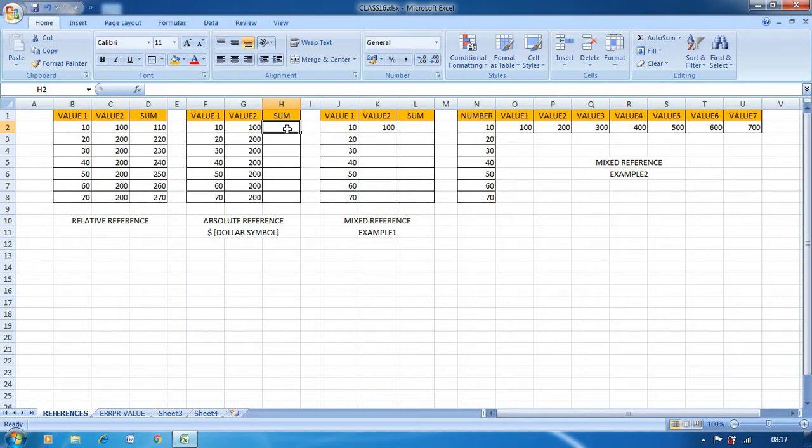So now I will use, equal to, here the 10 address is F2. So what I will use is dollar F dollar 2.